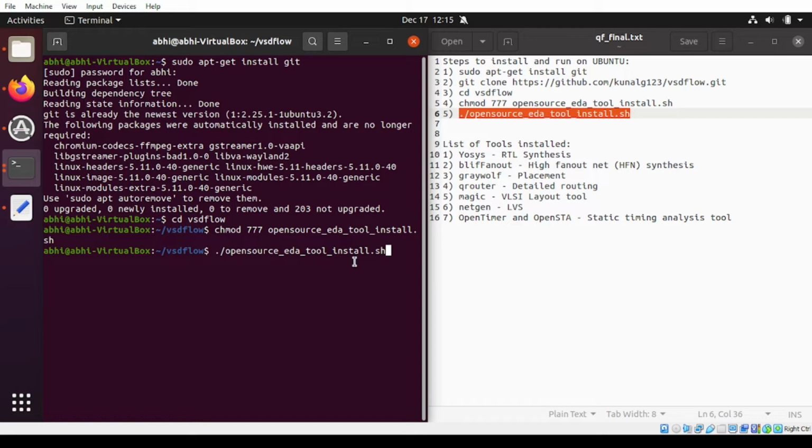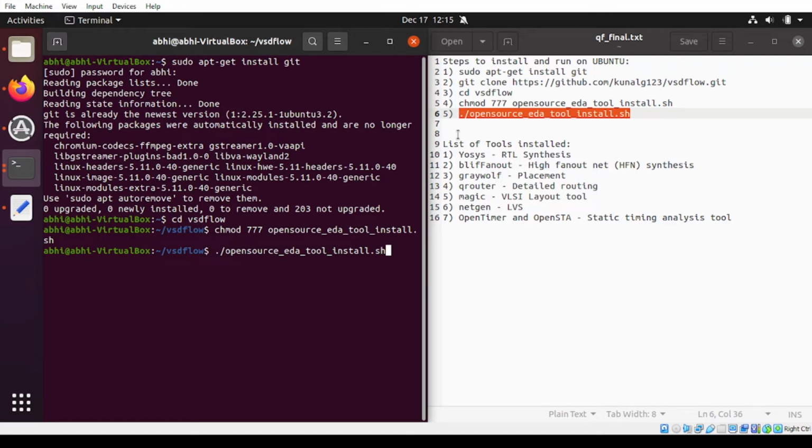So if your system is slow, check this command from time to time. It will ask for permissions, whether you want to install this or not: press Y for yes and N for no. So press Y for all the installations that it asks for, and after some time, depending on the system, the tools will be installed in your system.